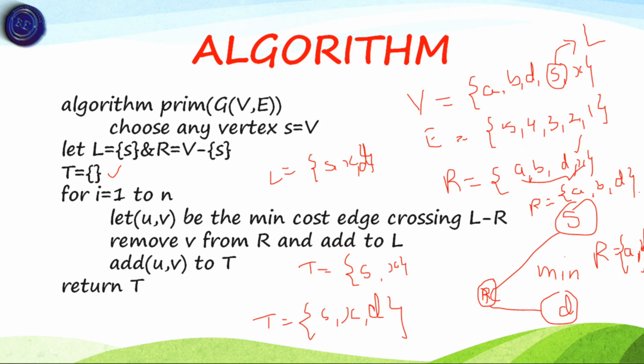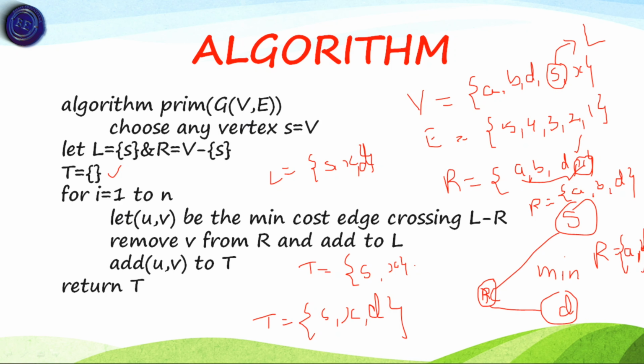First it will select a random vertex. So here I select S as a random vertex, and so this S is equal to L. After that I am subtracting this S from V. So I store the remaining in R. So after getting R, we have to select a minimum edge which is connected to another vertex. So S is connected to some X. Okay, X is in R. So S and X. After selecting X, we will put this X in L and T.